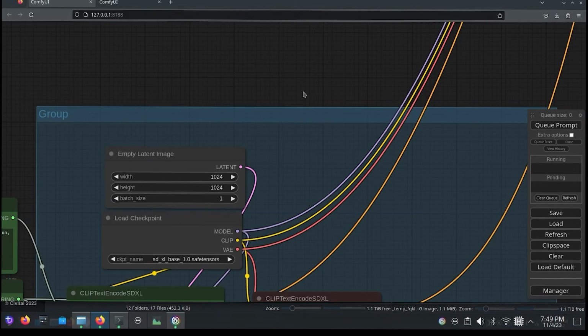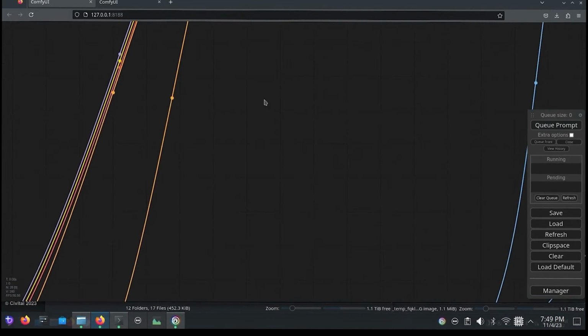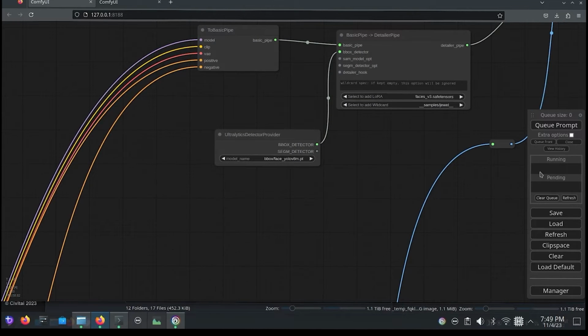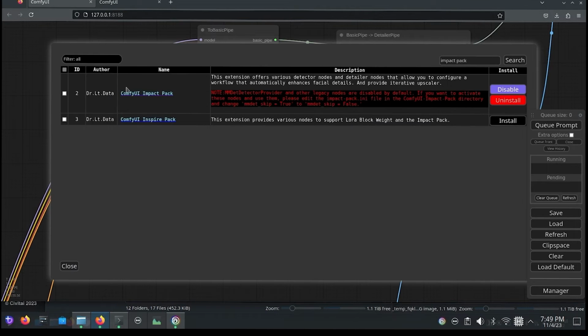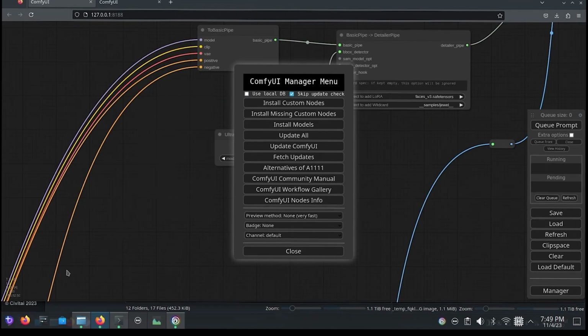Fortunately, Dr. Lieutenant Data, is that his name? Dr. Lieutenant Data. How am I just realizing that's a Star Trek reference? Anyway,